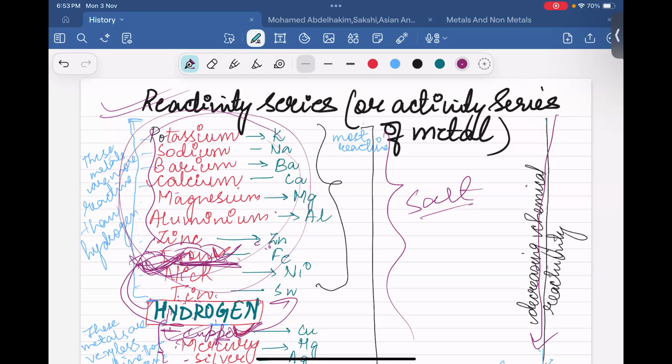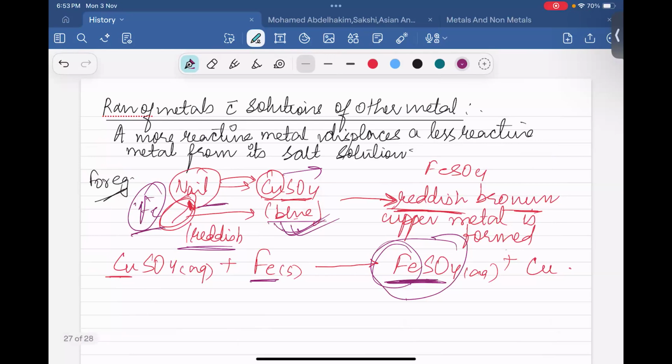I can explain one more time if you didn't get it. Okay, write it. So I'm writing: first of all, write this line, then write the chemical reaction. When an iron nail,